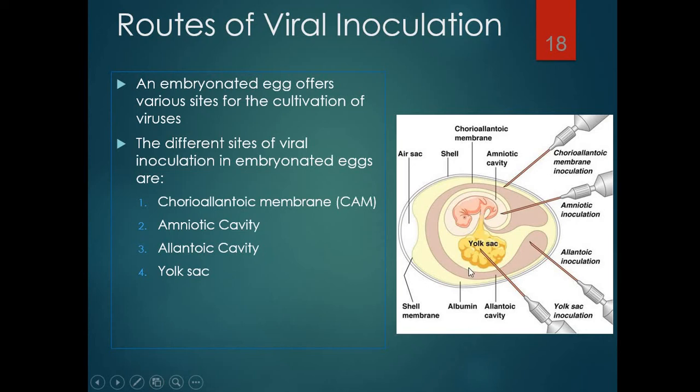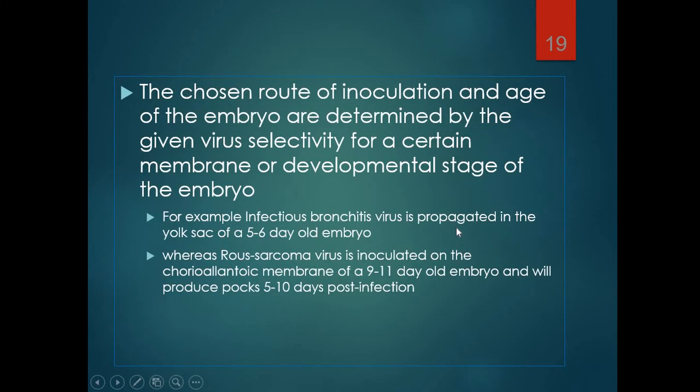You can see in this depiction different parts of the egg. The chosen route of inoculation and age of the embryo are determined by the given virus selectivity for a certain membrane or developmental stage of the embryo. Different kinds of viruses have a specific part of the egg which we have to inoculate and then cultivate the virus for detection and for study of the virus,